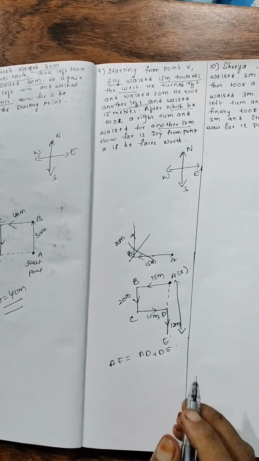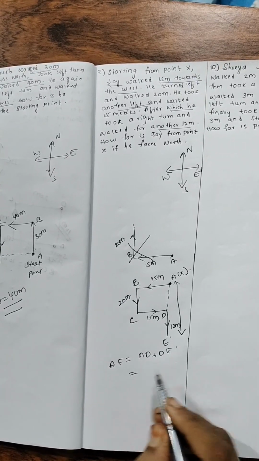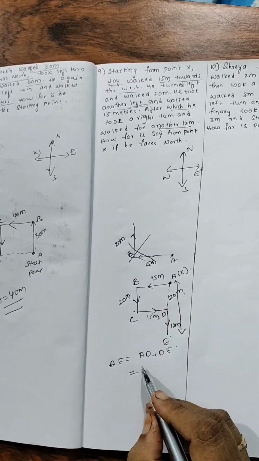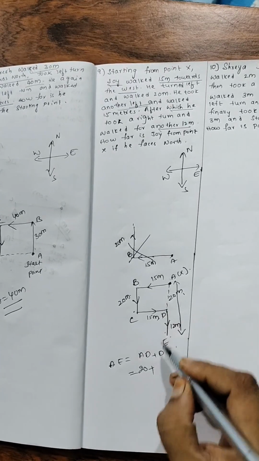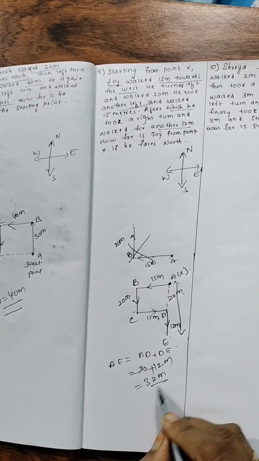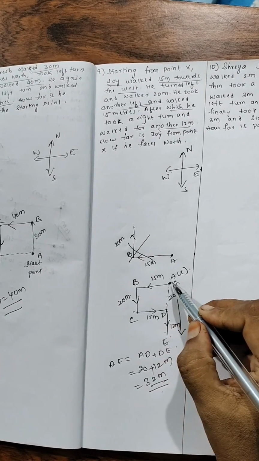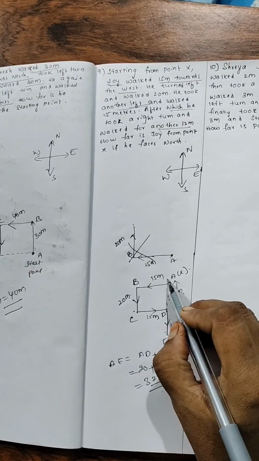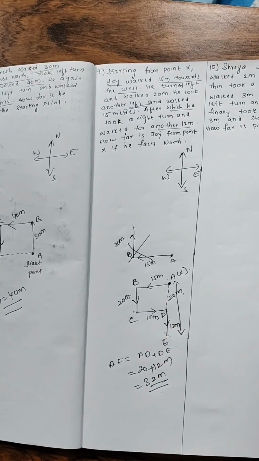AD is equal to BC, which is equal to 20 meters. Now this is nothing but 12 meters. So it is 32 meters. He is far from the point X, from E to point X. Now next,